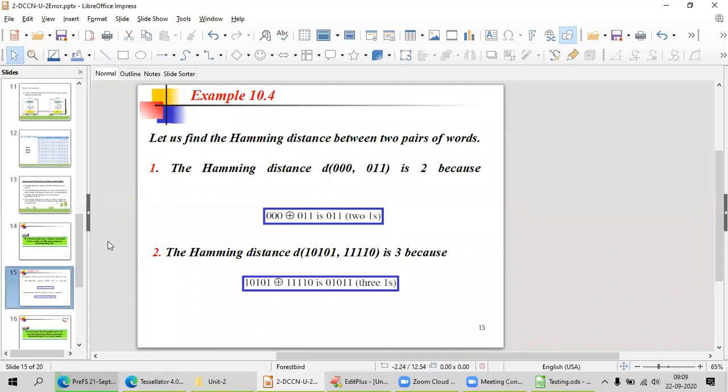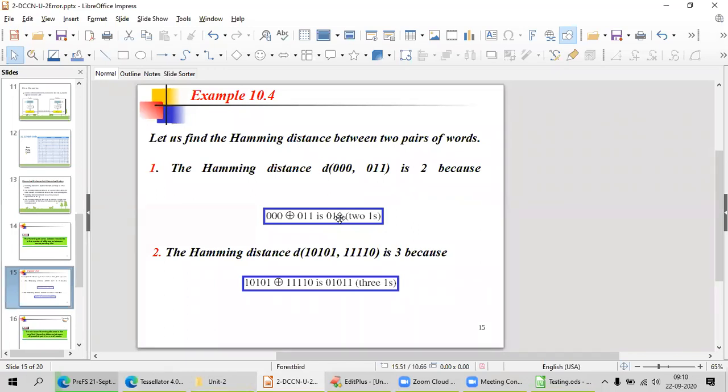Again 0 and 1, so I add 1 at that position. How many ones are there in the resultant? 2 ones. So the Hamming distance between 000 and 011 is 2.